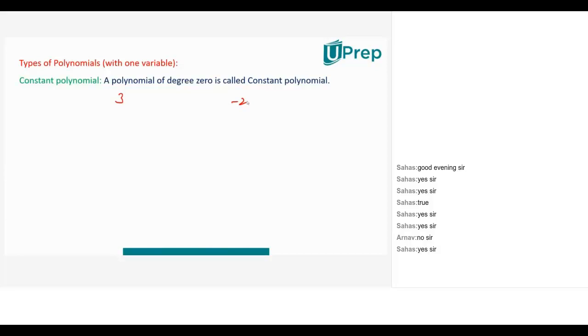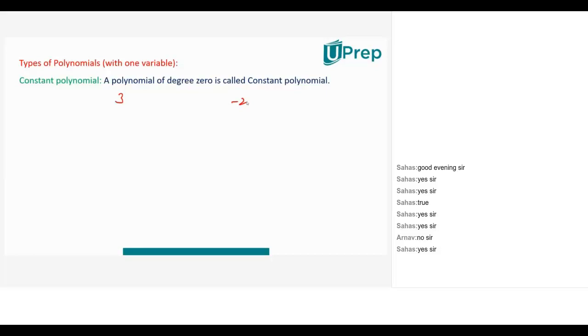Then we introduced a word called variable. The introduction of variable has given you something called term. That term, combination of terms, has led you to expression. Expression with certain conditions, non-negative integral variable powers, has given you polynomial. And the beginning where you started your maths, the number, every number is now convertible to a polynomial. Yes, it has a specific name. It's called a constant polynomial because its degree is 0. And every constant polynomial will have only one term in it.